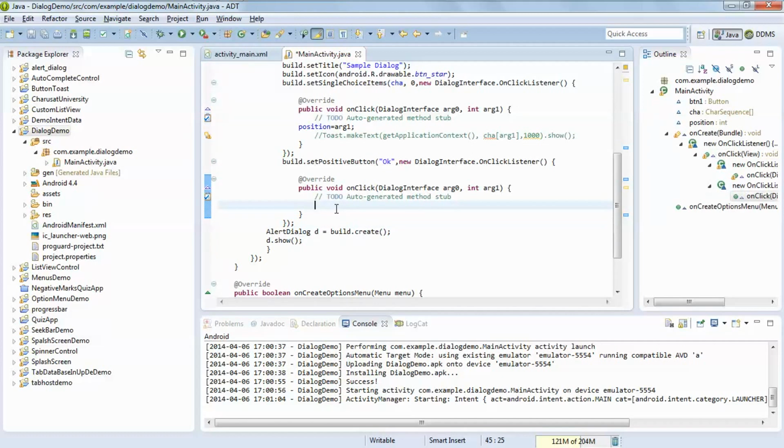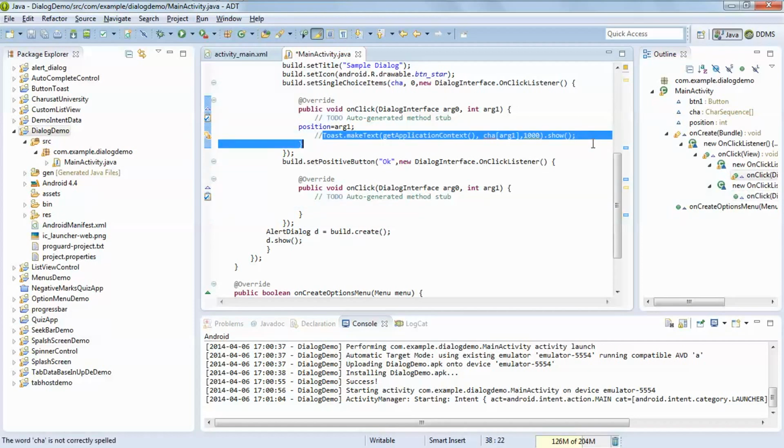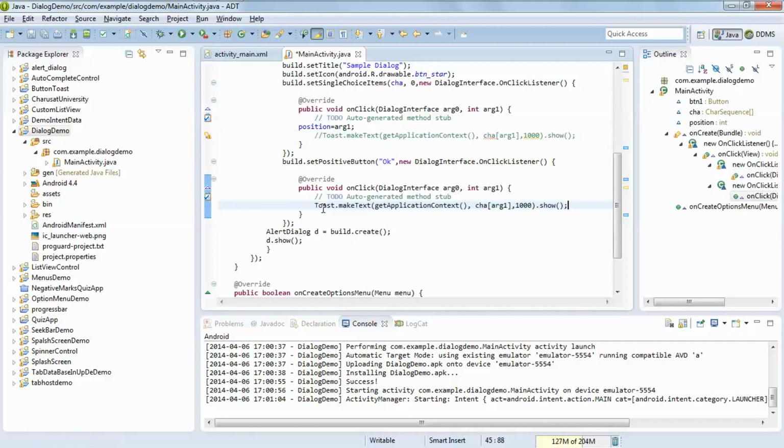After that, here we are printing in a toast which item you have selected. Here you have to pass position, and after, see,